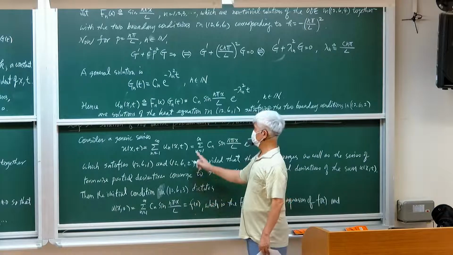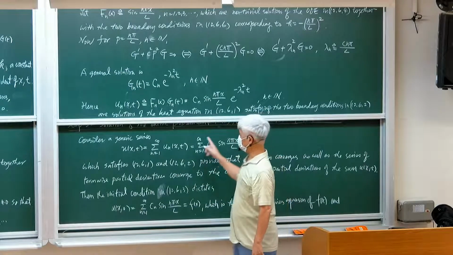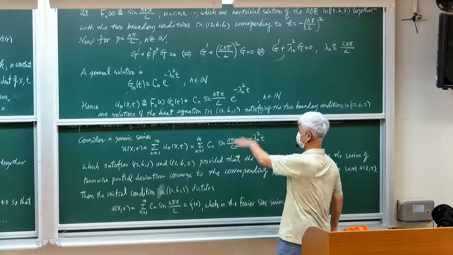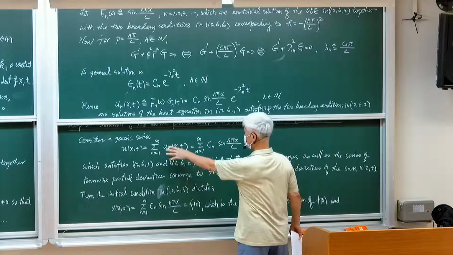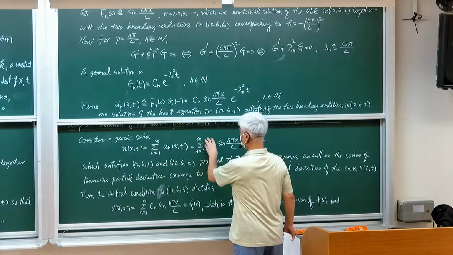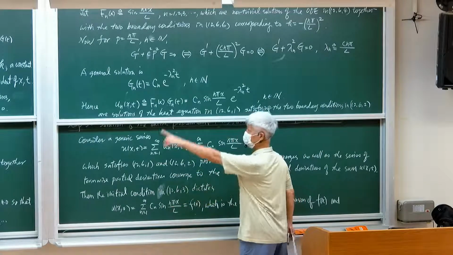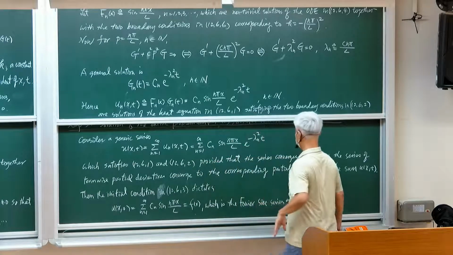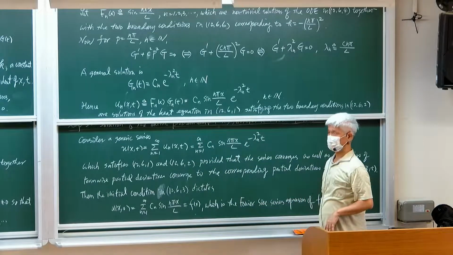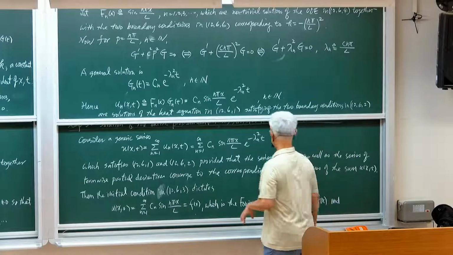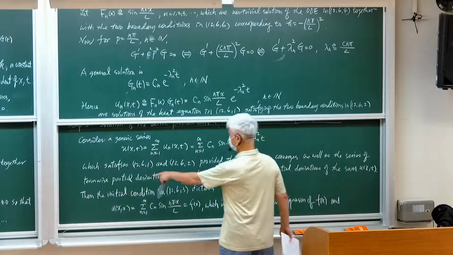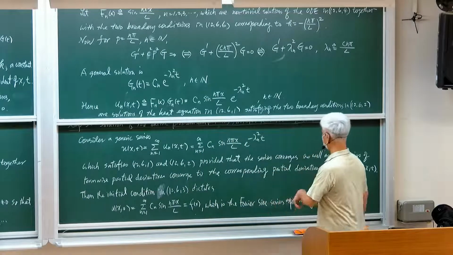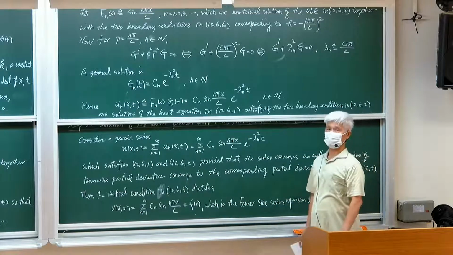Then we will justify that this is a series with Cn computed in that way. Then we will justify that this series converges, and also the series of term-wise partial derivatives converge too, and converge to the corresponding partial derivative of the sum